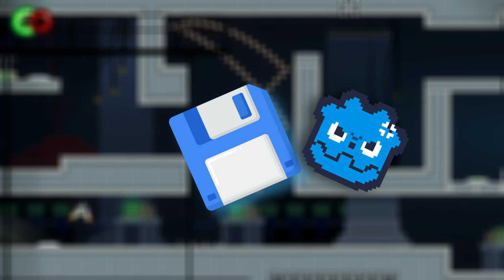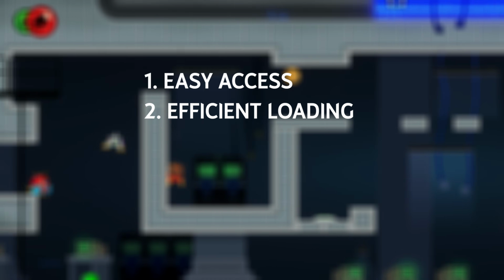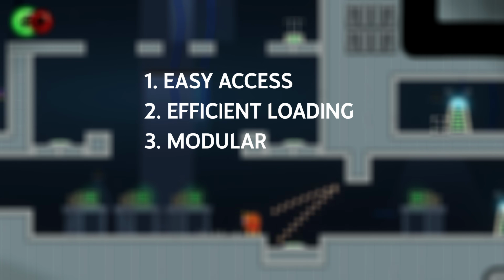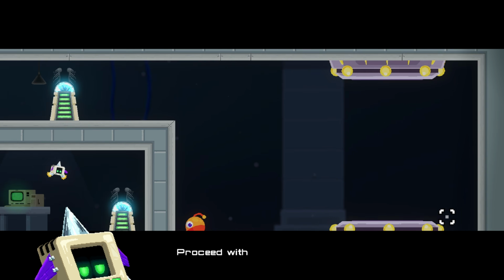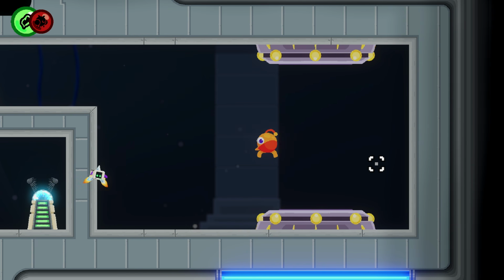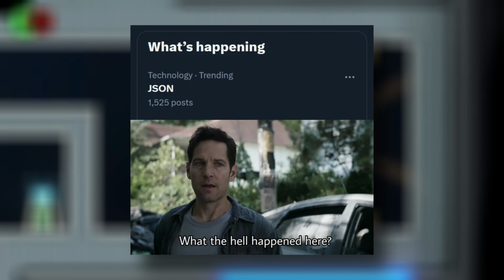Save systems can be annoying. We struggled at first to make a system that made accessing data easy, was efficient to load, modular for multiple files, type safe, and still human readable. After a lot of trial and error, from JSON parsing nightmares to bloated auto-loads, we've landed on something we actually